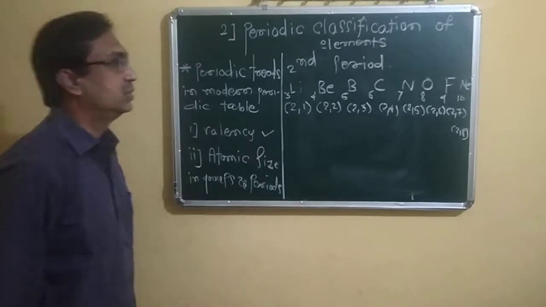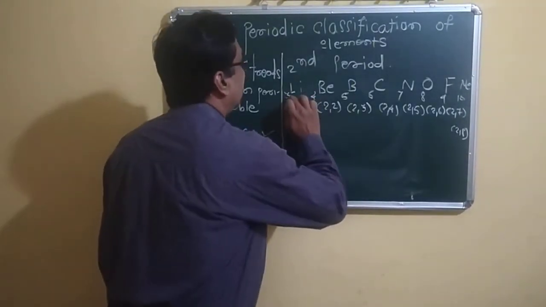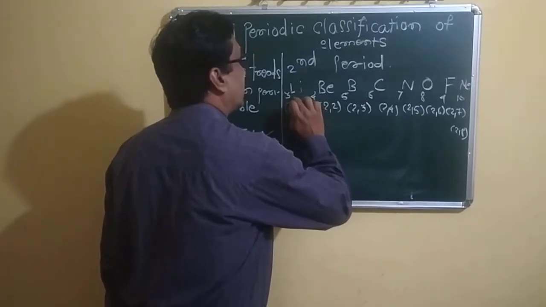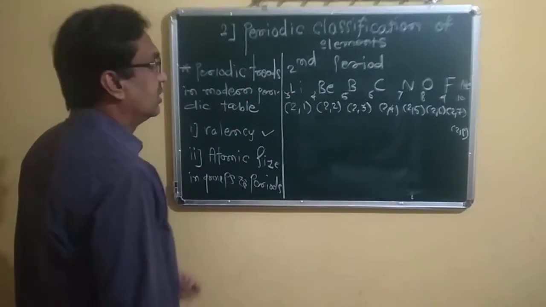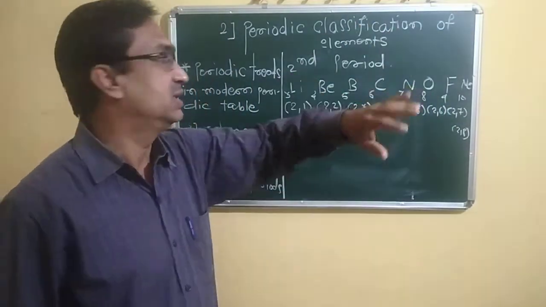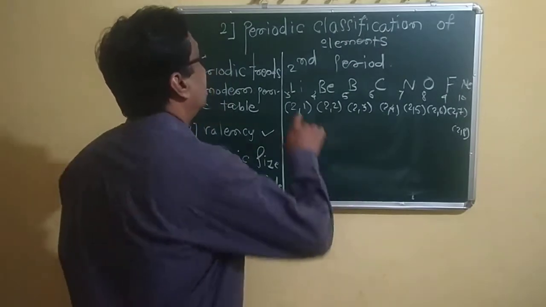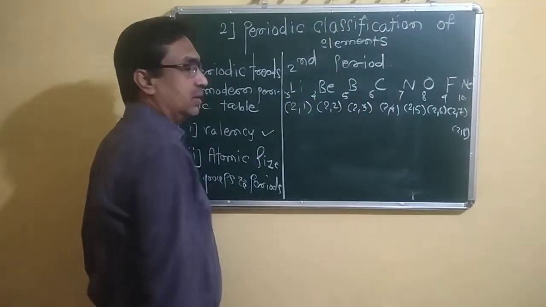What we have to see is the increase in the number of electrons, or number of protons, in the second period from left to right. From left to right, we can easily see that the number of electrons increases,